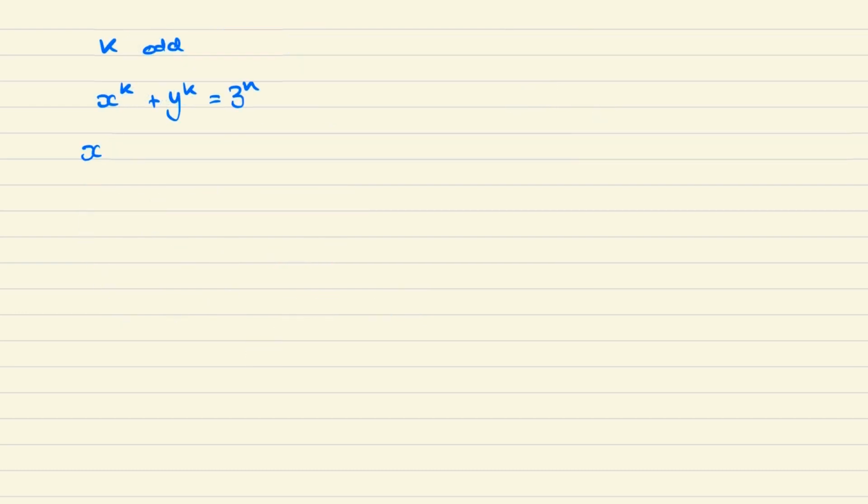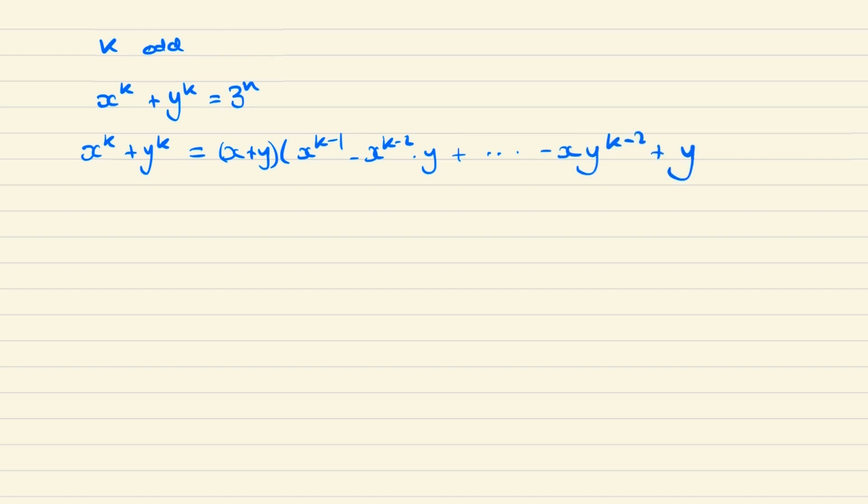And since we know k is odd, we can factorize x to the k plus y to the k as x plus y multiplied by x to the k minus 1 minus x to the k minus 2 times y, and this will continue upwards until we arrive at x times y to the k minus 2 plus y to the k minus 1. For simplicity, I'll just refer to this polynomial as p,